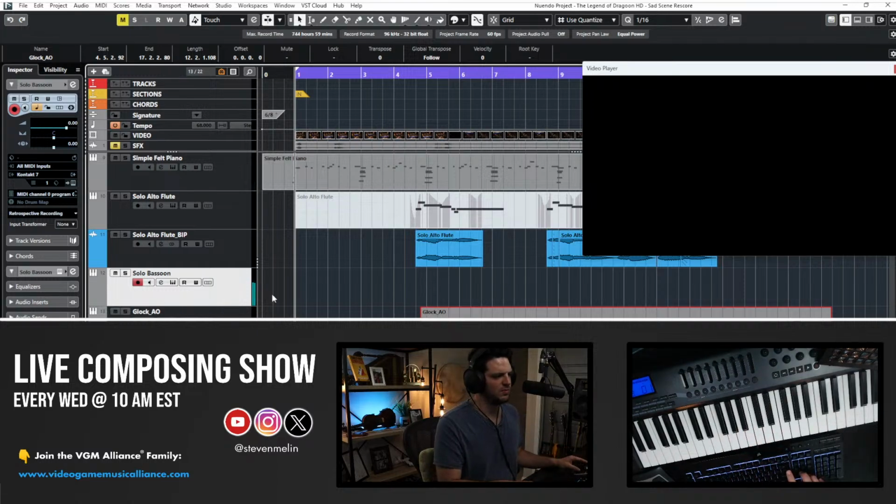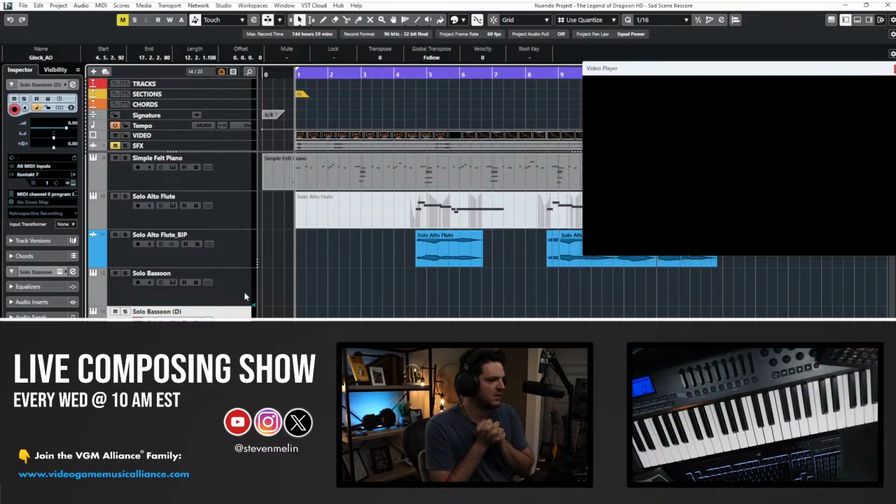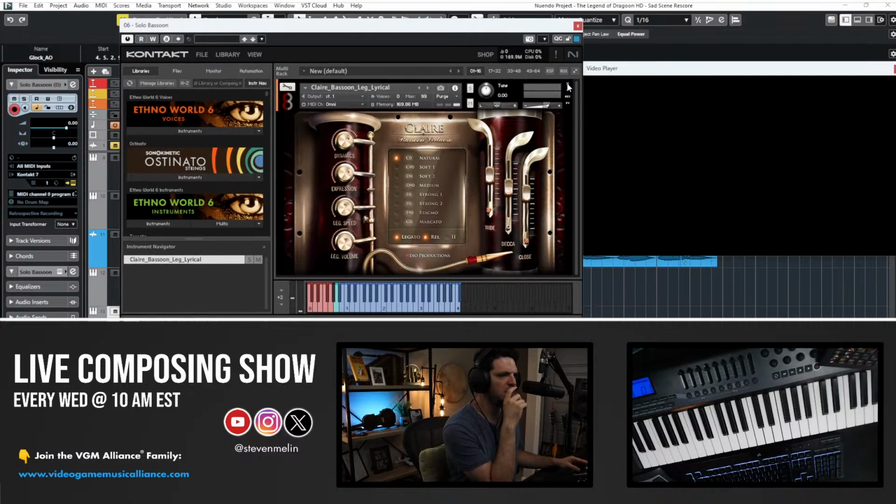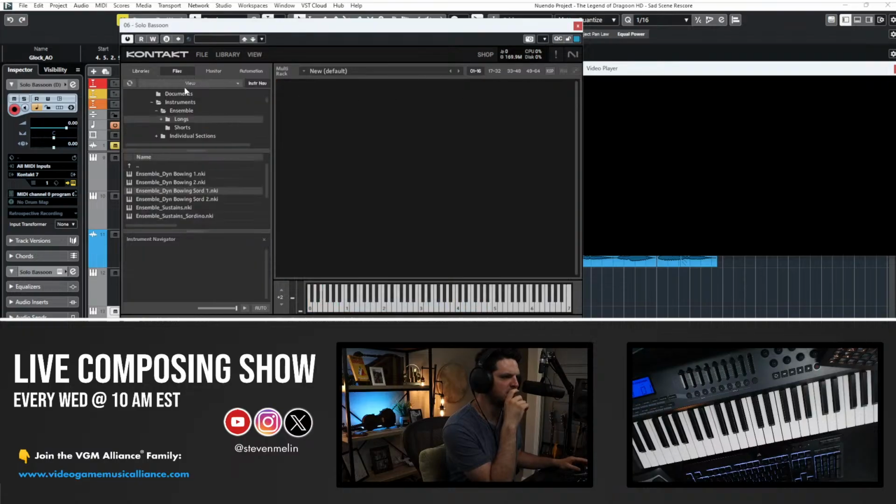I like the bassoon, but now I'm starting to lean towards English horn territory. Let me just feel it out. Let me duplicate that real quick. Ready, set, go. I believe in you, Contact. You can do this. Okay, there it is. No, no, no. Something about the simplicity of just a few instruments actually has more impact emotionally than big orchestra stuff. It just does.